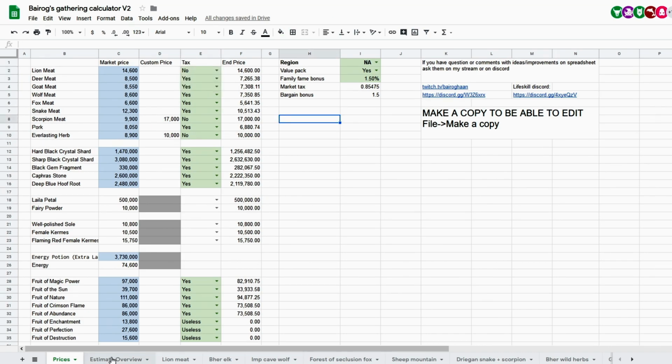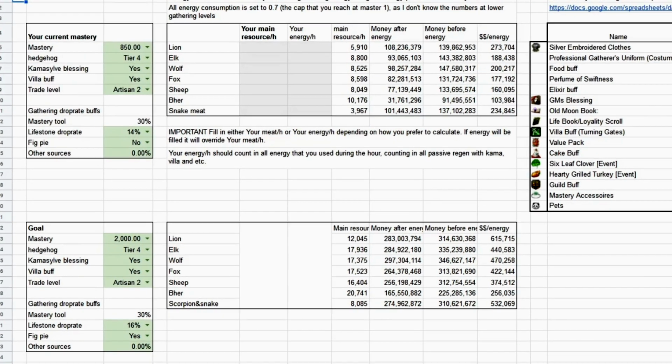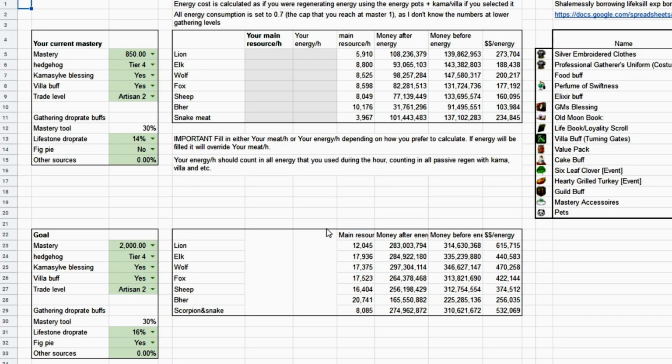So going into a second page, the estimate overview page. This is basically the main page where you will be working more or less. So on this page, what do we have? Here we have your mastery, where you can set up your current mastery. So let's say, for example, 1000, and the spreadsheet is gonna update accordingly. This box,